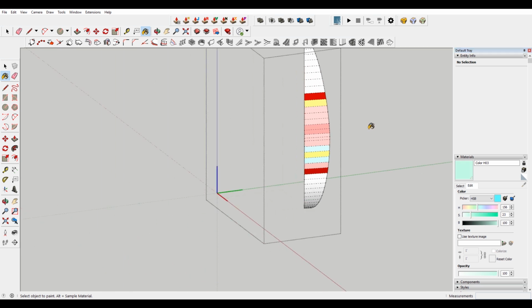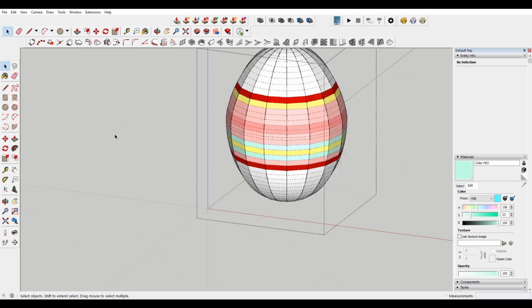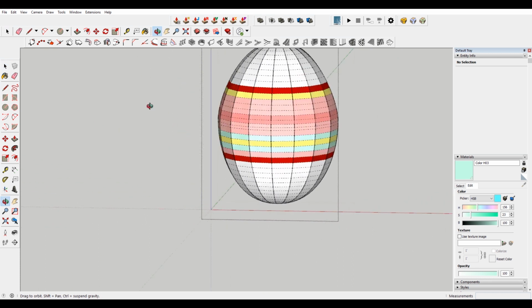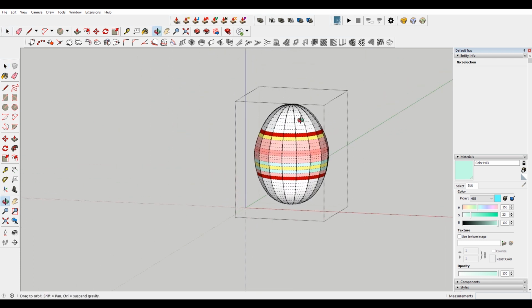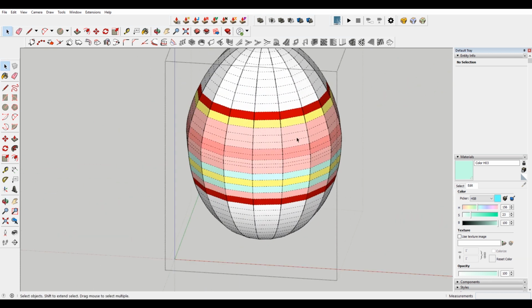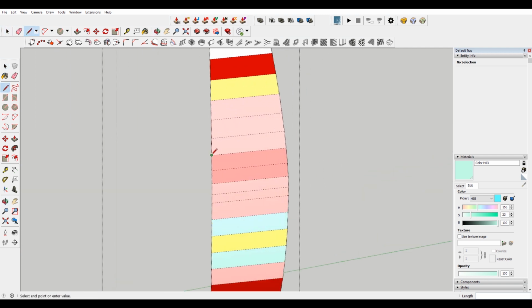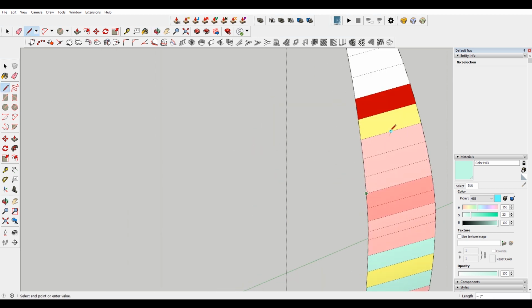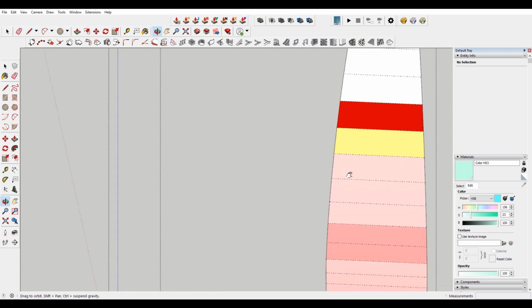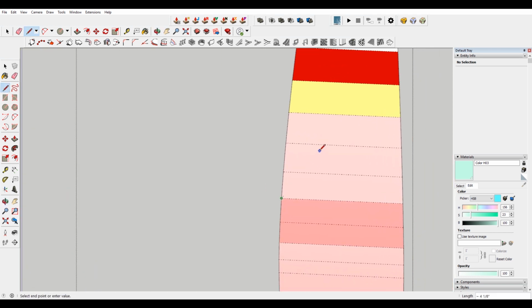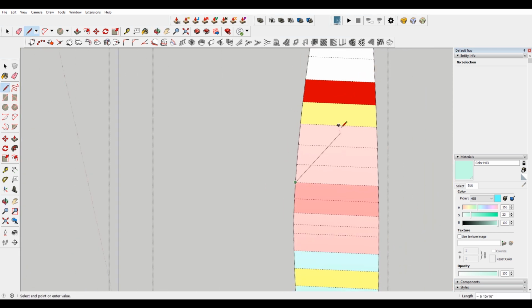Okay, so now when I come out of the group, you can see that we have these little stripes. But we can also add little decorations to this. So let's say I wanted to make a triangle here. Now, if you try to just draw the triangle, it's not going to work. So what you need to do is just really quickly draw on each face. Now, you could just sort of like eyeball it